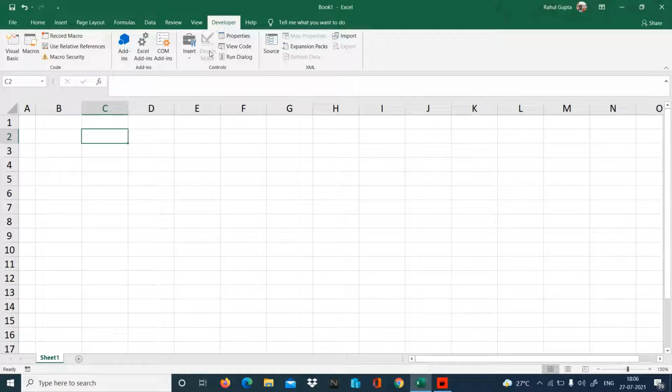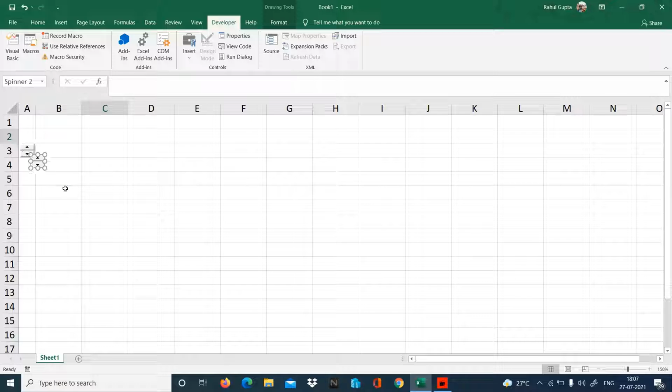From this developer ribbon, under the controls option, we are having insert. I'm going to click on insert and here we have this spin button option. I want to use this spin button. So let's click on the spin button and I'll drag it over this shell, making sure it will not go beyond the shell.